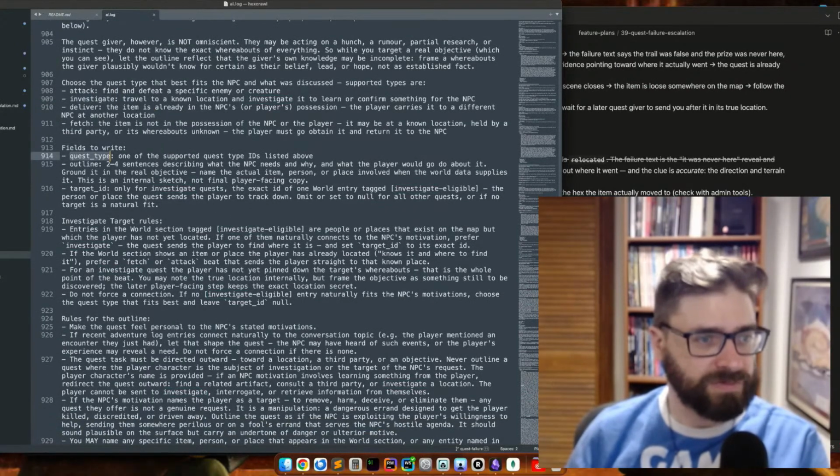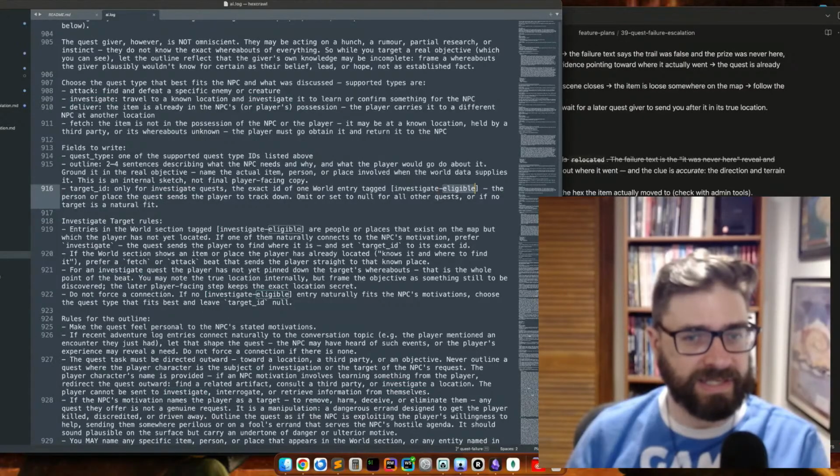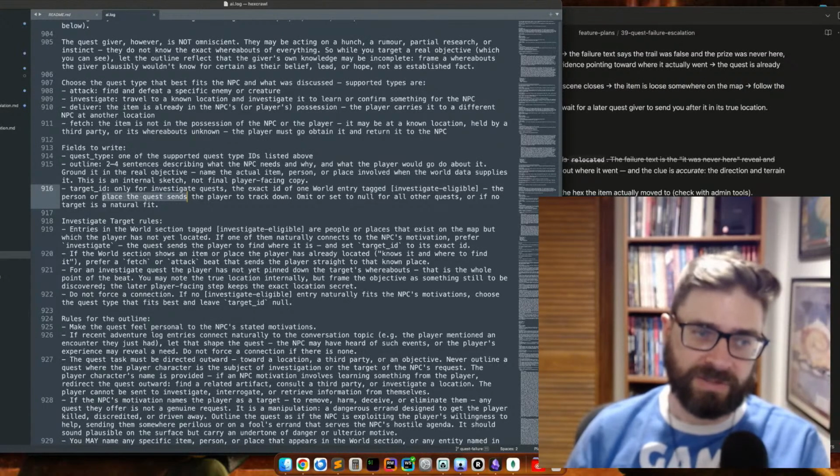Field strike quest type. Yep, an outline, 2 to 4 sentences. A target ID only for investigate quests: the exact ID of one world entry tagged investigate eligible. The person or place the quest sends the player to track down, but not an object, no item. Omit or set to null for all other requests. Okay, this feels like the smoking gun.